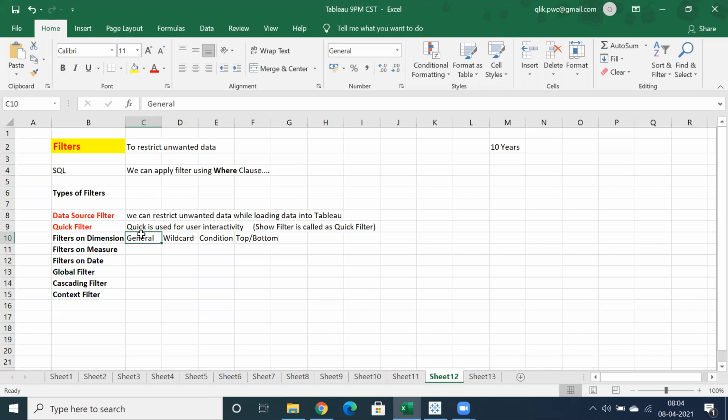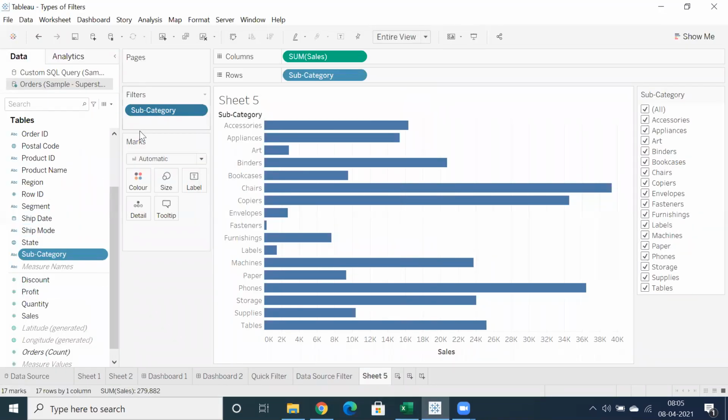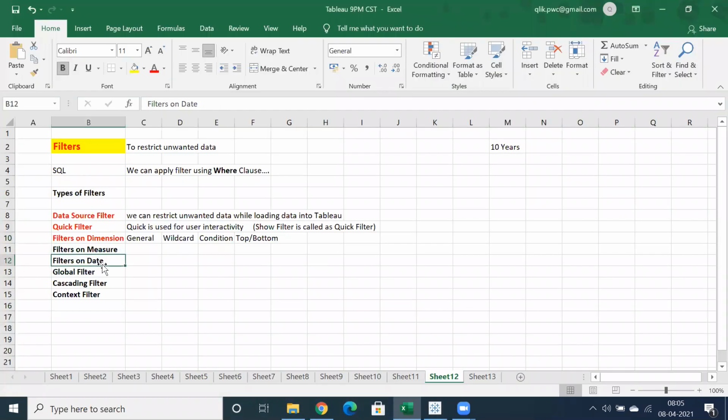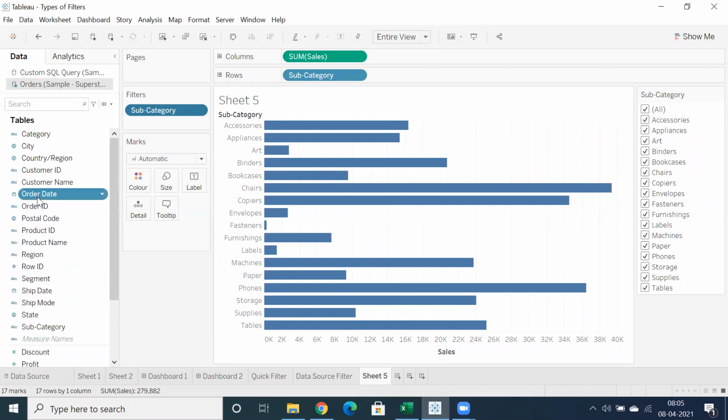So filters on dimension, whenever you're going to use a dimension, when you choose any dimension into filters, that's a filter on dimension. But it is also named as filters on date, correct? Date column. Date is a dimension, but if the data type is date, then we call it filters on date.